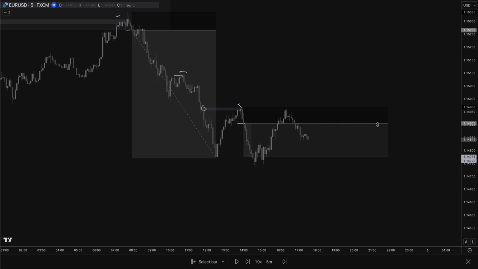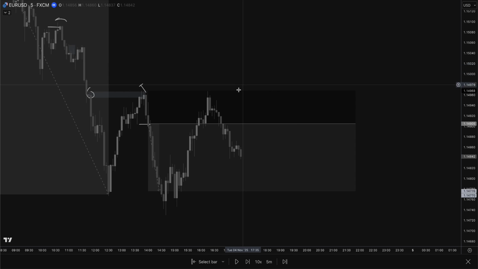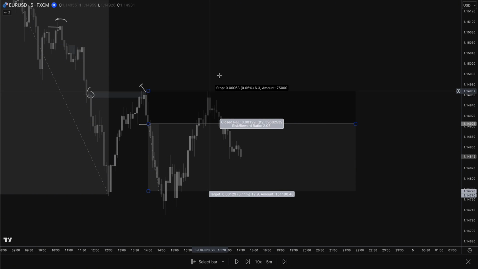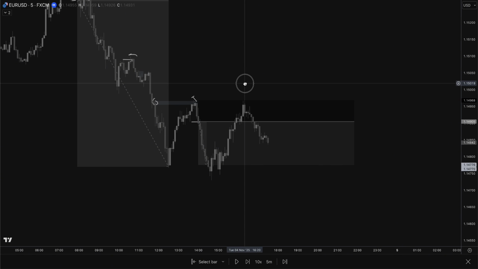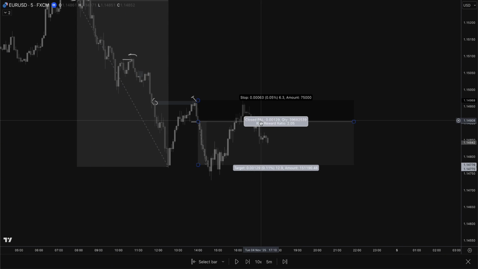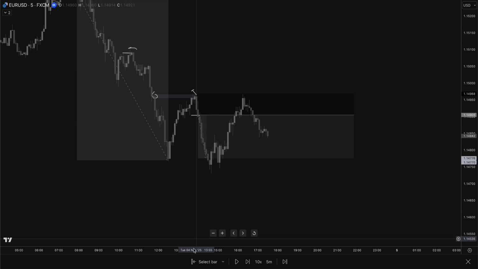On some of my accounts, I did get tapped out. On some of them, I was still in. So you can see it came pretty close to that stop loss. But on my Delta Funding Challenge, the spreads are actually really good. So I stayed in this trade. On Unfunded Next, I got tapped out, but that's fine. You can see that after that, price eventually comes back down again, and this is when I closed both of